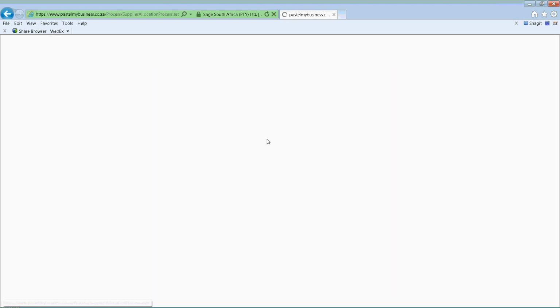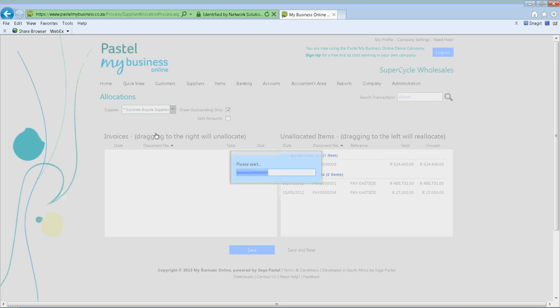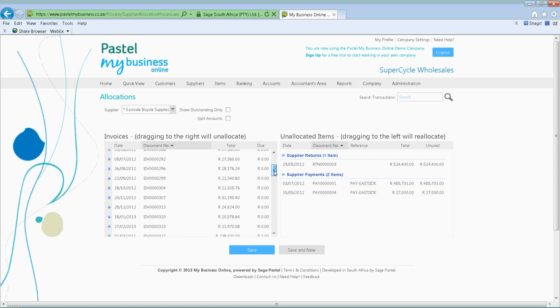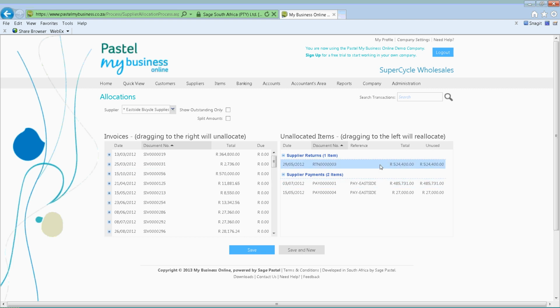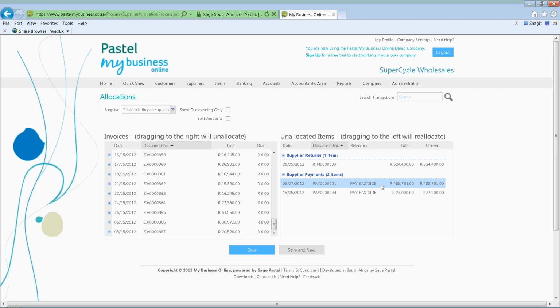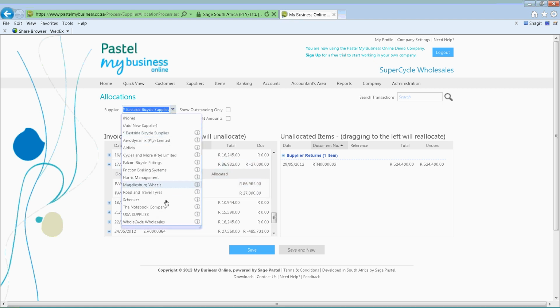The next is allocating payments. So you'll remember initially when we were setting up the supplier, there was that option to allocate to oldest invoice. So if you don't want the system to allocate it for you and you want to allocate yourself, you will simply come and click on these options. From there, you'll see exactly all the supplier invoices on the left-hand side, and on the right-hand side, all the payments, or otherwise returns as well. And what will be required from your side is simply to drag and drop it across. So this means taking it simply and dropping it. So you'll see in this case there are no outstanding invoices. So let's say we have a look at